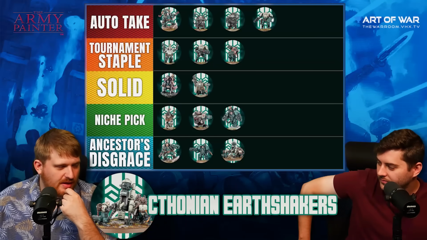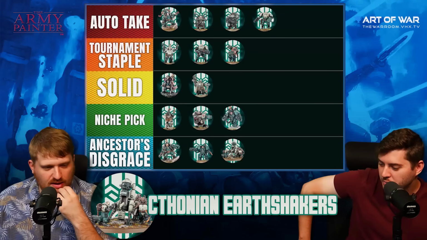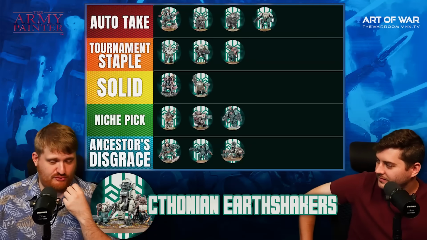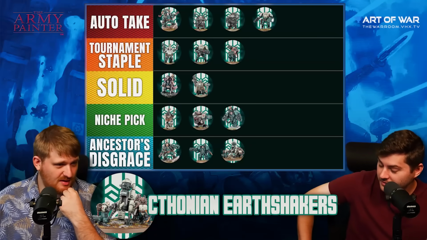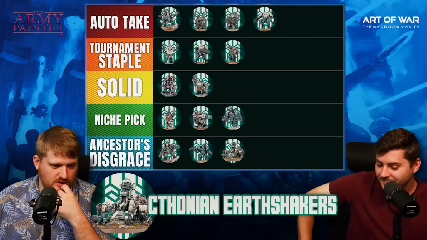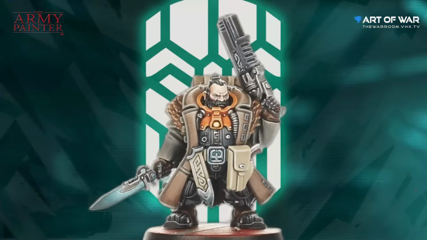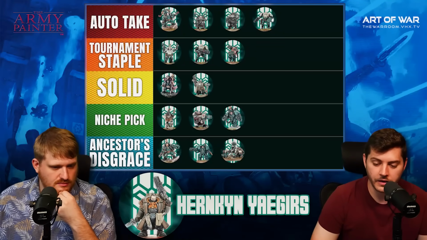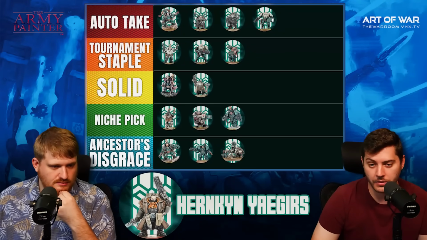Yeah, I mean, I could see how that would be fine. You play against the Chaos Cult list and you're just like, brr. I feel like you're already going. Probably. But these things do it better than a lot of things. They do, for sure. Okay, next up we have the Hernkyn Yaegirs. Now, these guys are an infiltrate unit, and they got a brand new transport to help them, the Kapricus Carrier, which